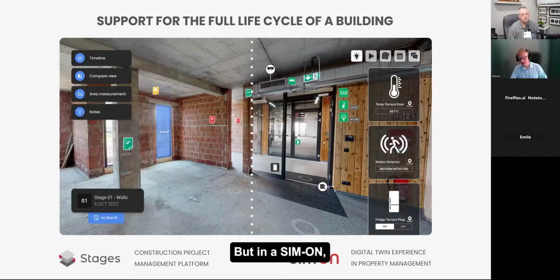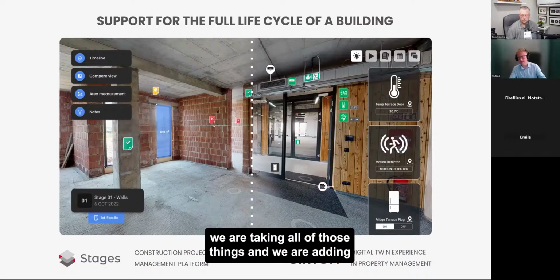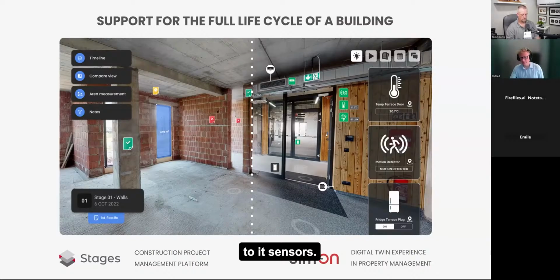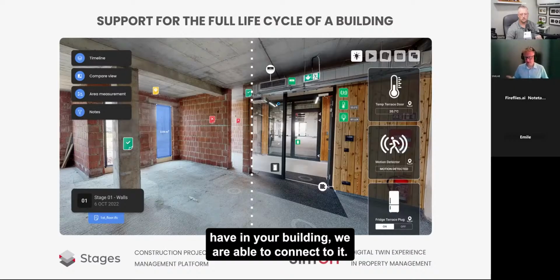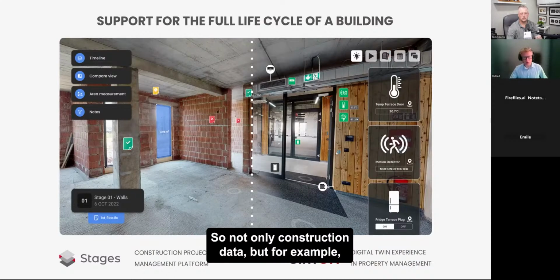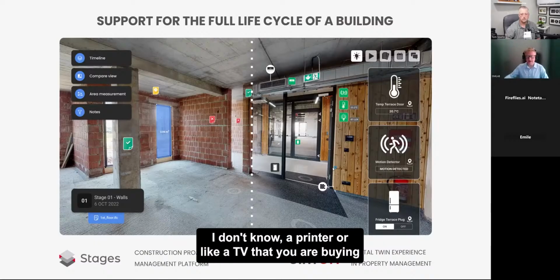But in Simon, we are taking all of these things and adding sensors to it. So whatever equipment and automation you have in your building, we are able to connect to it. We are bringing the asset library. So not only construction data, but for example a printer, or a TV that you are buying, or a coffee machine that you're buying.